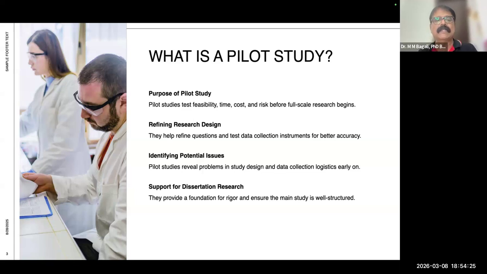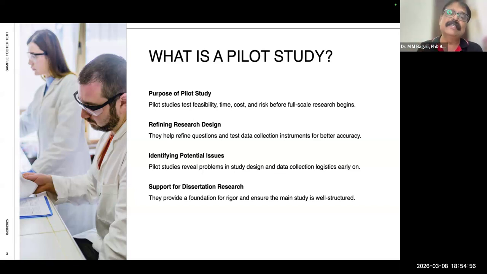The last one, obviously, is the support for the dissertation research. A pilot study provides a foundation for rigor and ensures the main study is well structured. When we say rigor, how intense or how deep I should have my interaction with the students, with the teachers, with the principal, with the head of a school.